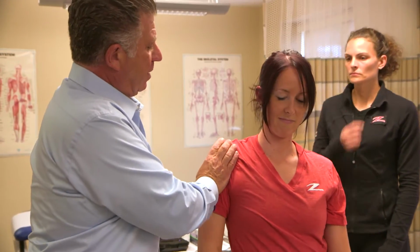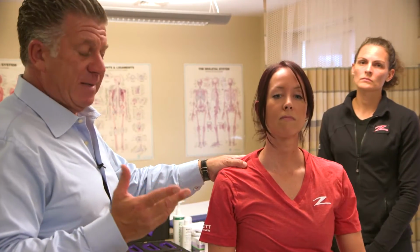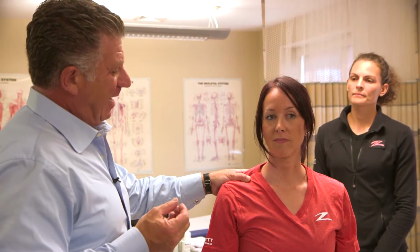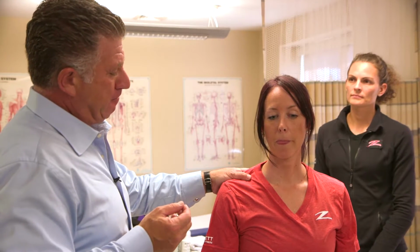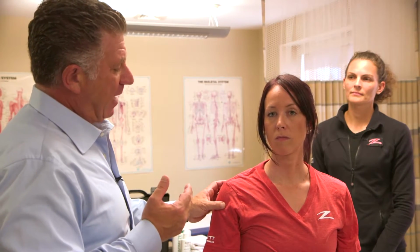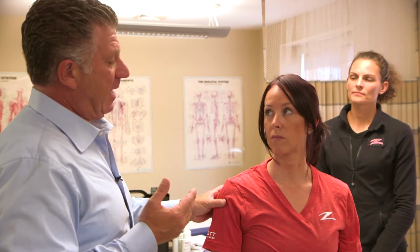What we're going to do is a treatment called gua sha. It comes from Chinese medicine. I call it scraping. It involves the use of tools, which we will scrape the muscle with, without actually penetrating the skin, and break up a lot of the adhesions and the congestion